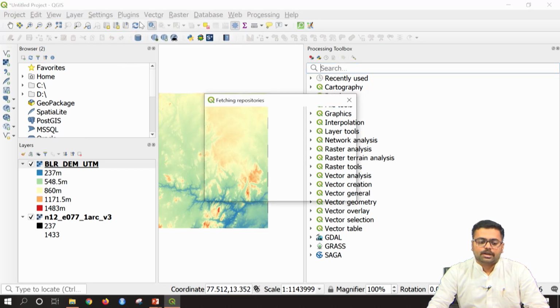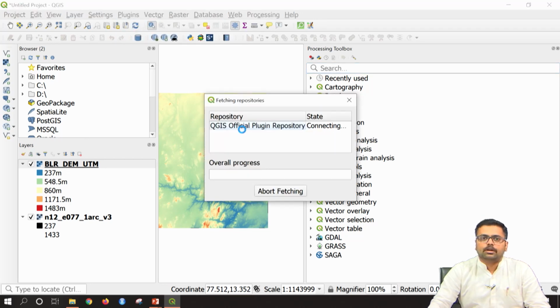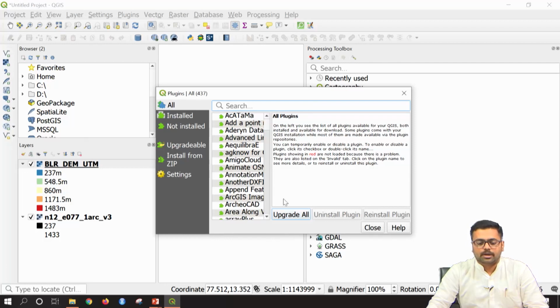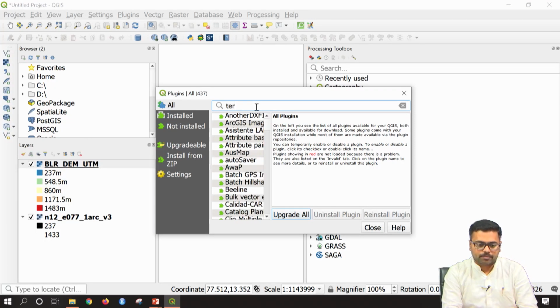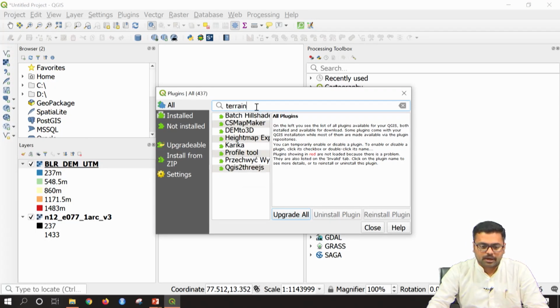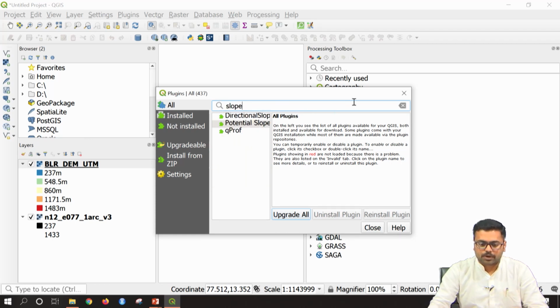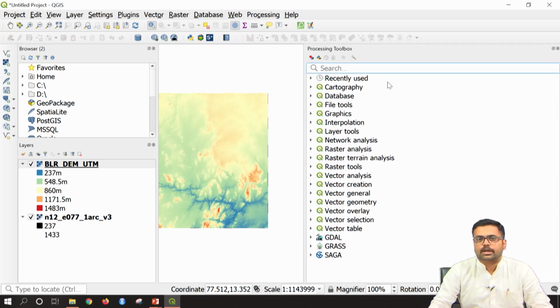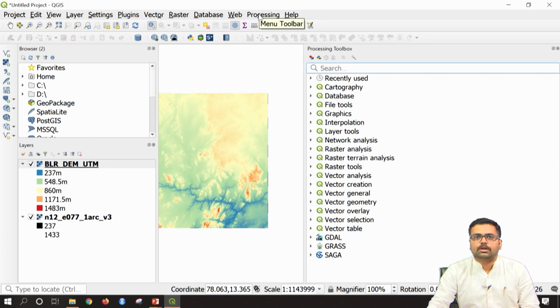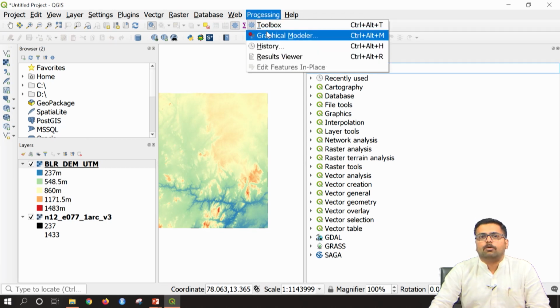In the earlier session, as Prakash demonstrated, you can also go to the QGIS plugin and search for the terrain analysis feature. Since this is not connected, it is not showing. So, you can close it and directly search in the processing toolbox. It will be in the menu bar under toolbox.